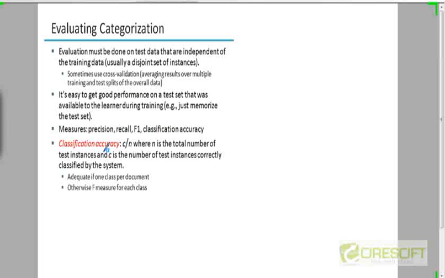And then you can compute an F score by taking the harmonic mean. Then you can average out that F score for all the classes and come up with some number which will tell you how good your classification accuracy is. So that finishes the particular chapter, at least the portion that I wanted to cover.